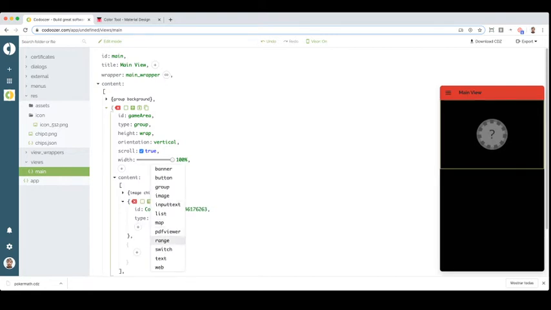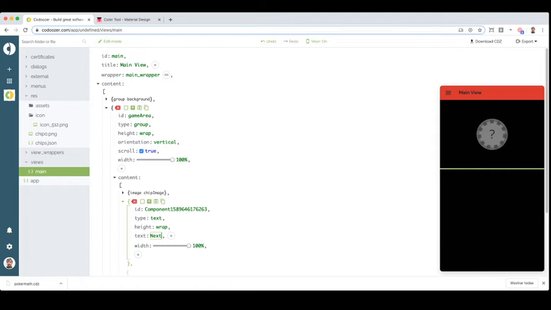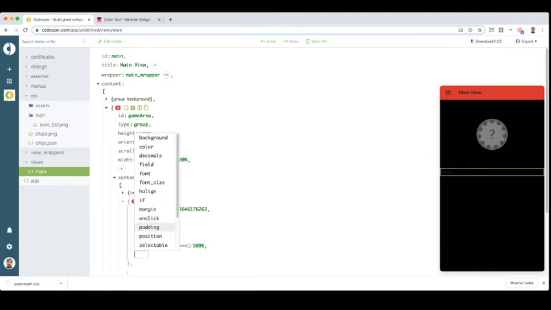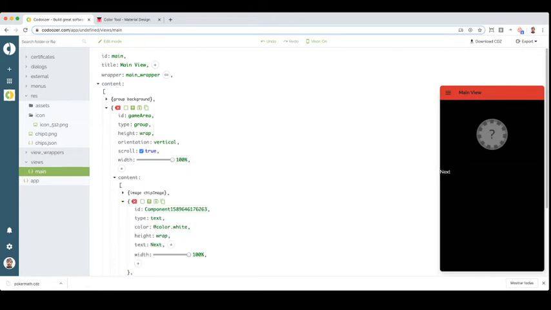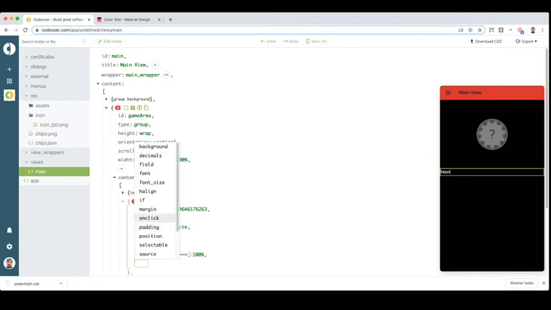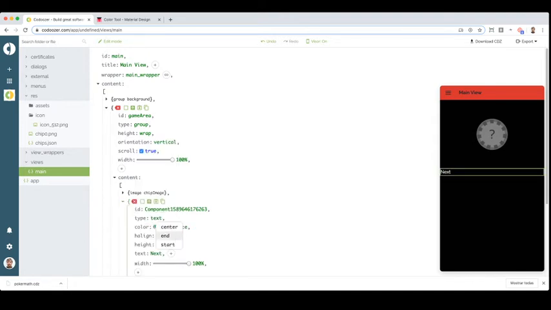Let's add some text. It's going to say next, and use the color. Okay, this one. Let's use white, then H-align center, and size it's going to be like 30%,